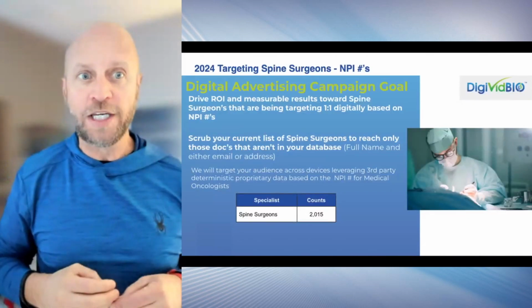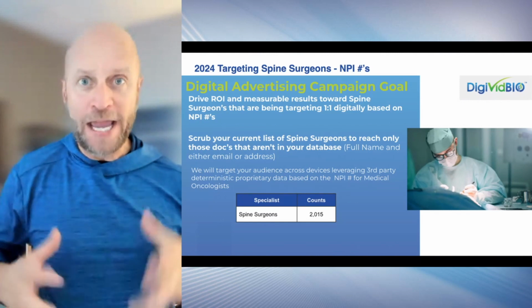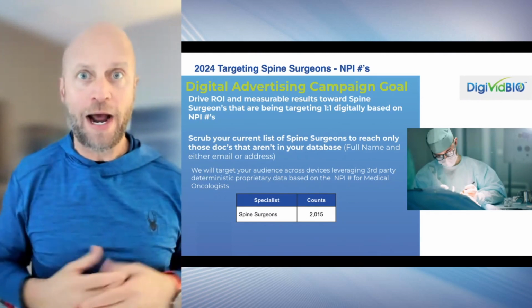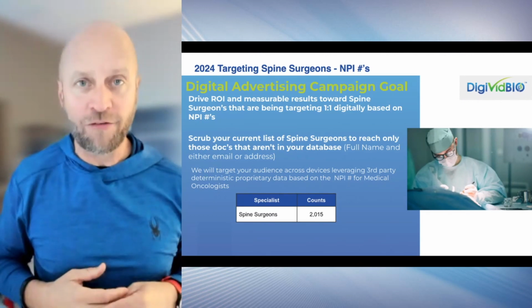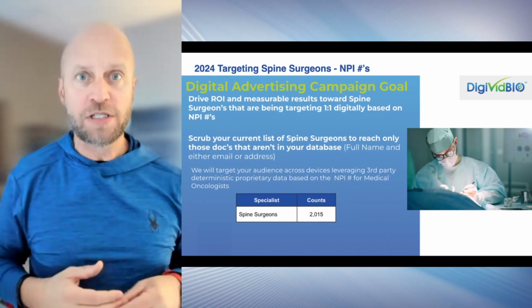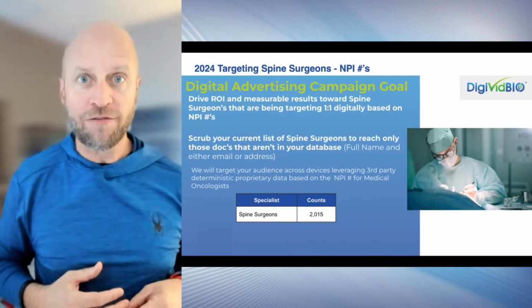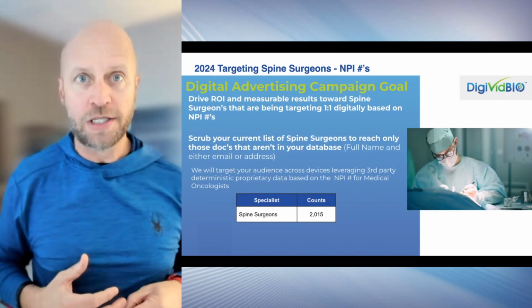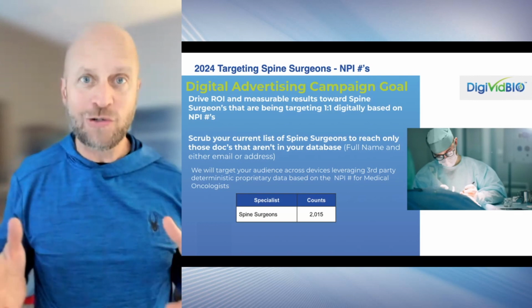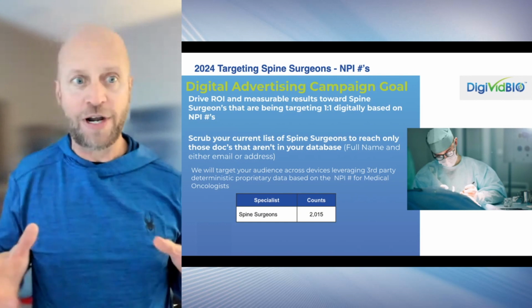Specifically, what we're doing is digital advertising across a variety of different HCPs. As long as you have an NPI number, we can leverage that data, help bridge the gap to be able to reach those niche HCPs online. For this HCP audience, we're looking to influence and educate spine surgeons. Currently, we have a database of about 2,000 specific spine surgeons, and we work with a variety of different data